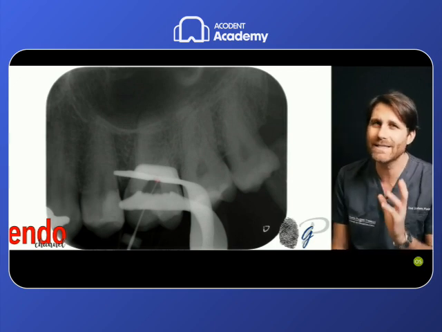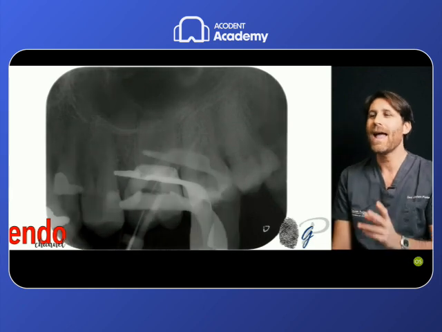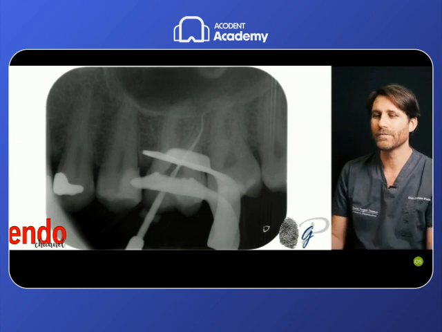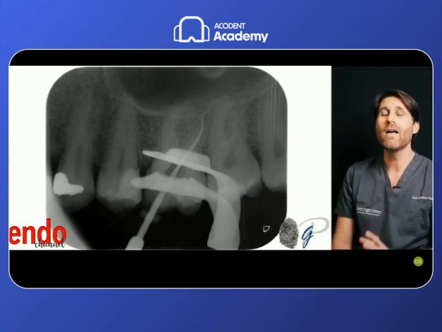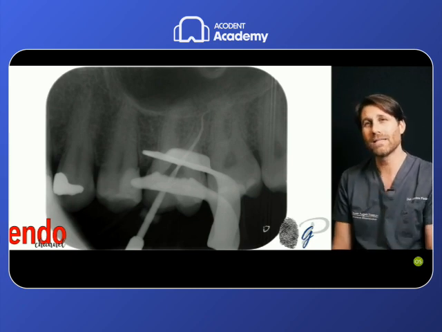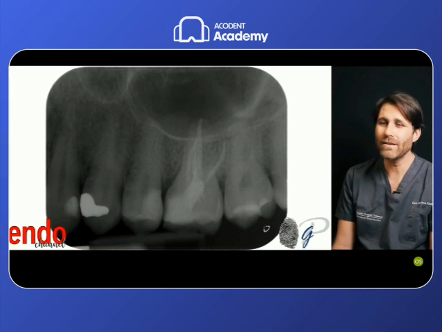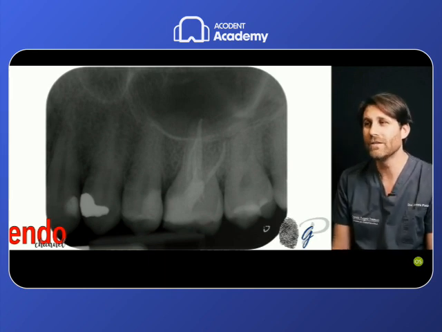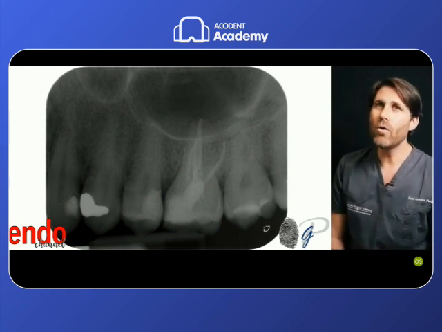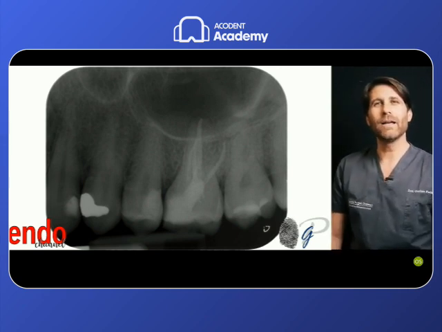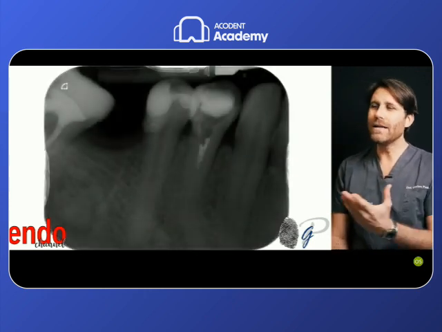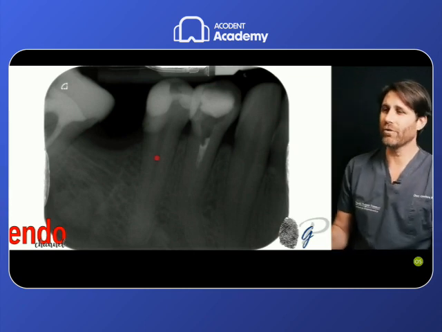So I do not insist in these cases with the hand file, and we can use the Reciproc Blue 25 to follow this double curvature to scout this apical third where a manual file was not able to do it, just pushing and going away, as I will show you later. And this is the final radiograph of this treatment performed by this technique. So in these cases, we know that this technique can be helpful not only for the coronal scouting, but also for the apical scouting. And it can be helpful also in the retreatment for the apical scouting.